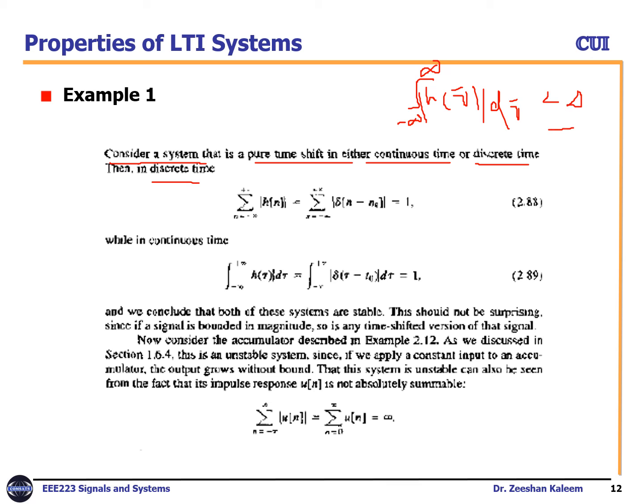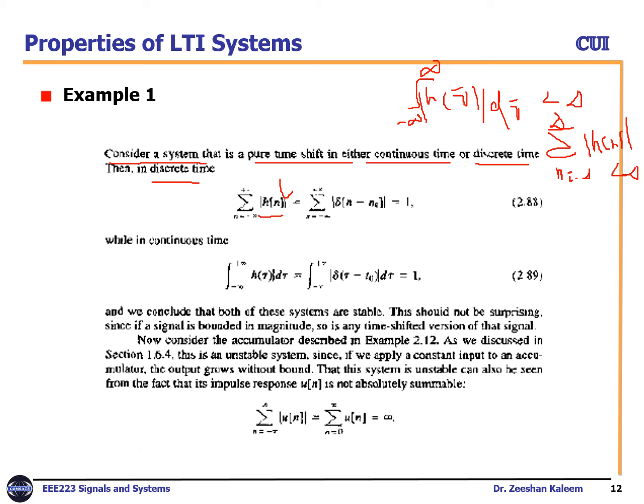Whereas for the discrete case, it should be the sum from n equals minus infinity to plus infinity of the absolute value of h of n, and it should be less than infinity. Here we are first taking the discrete time case. So for the discrete time case, n equals minus infinity to plus infinity of h of n, which is for h,